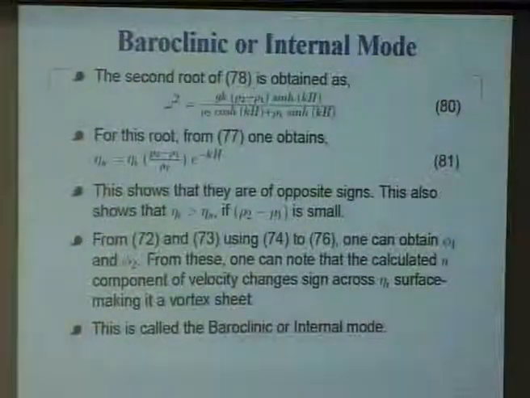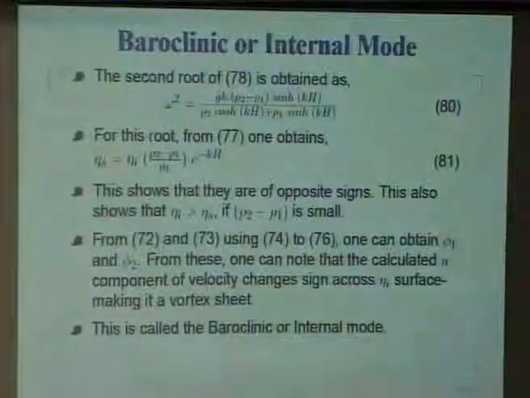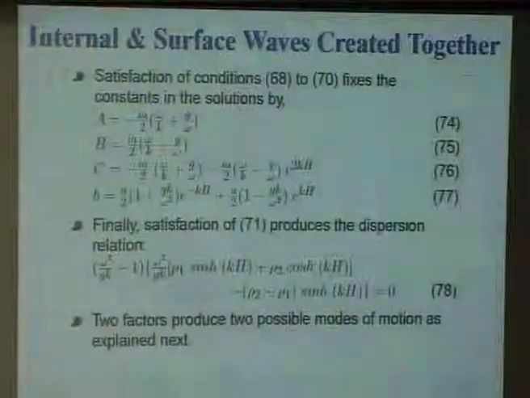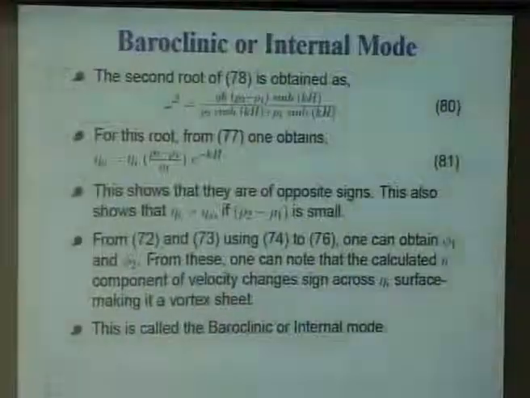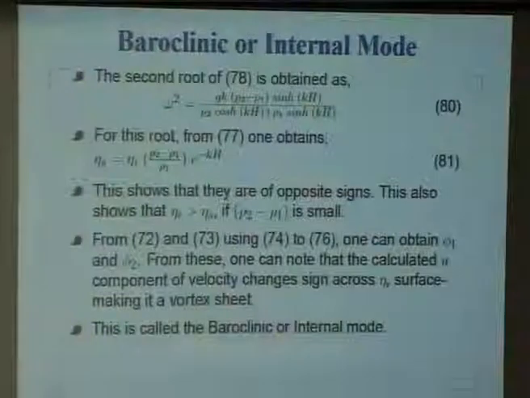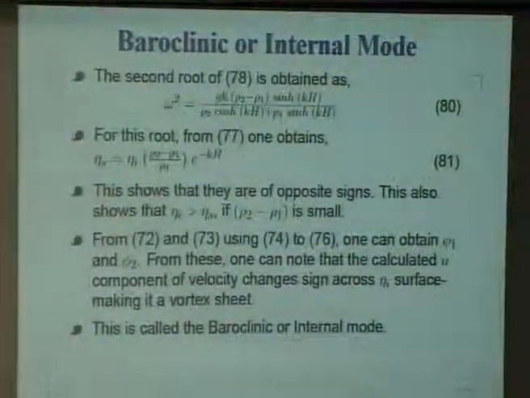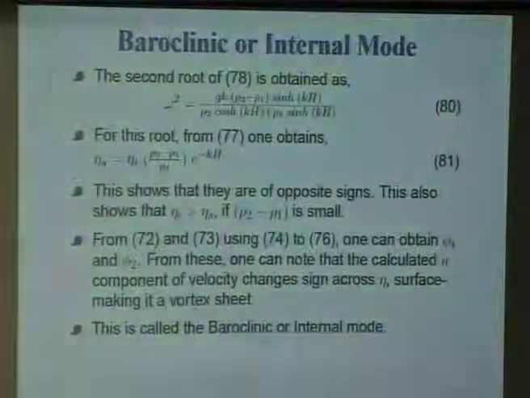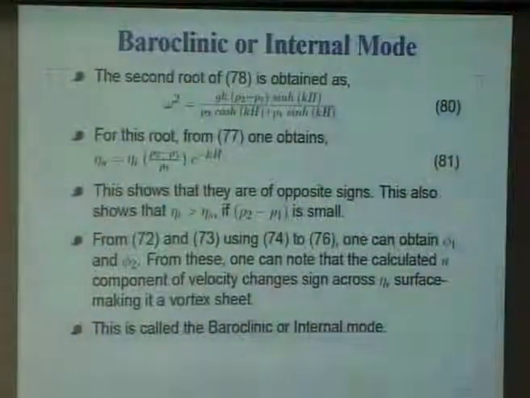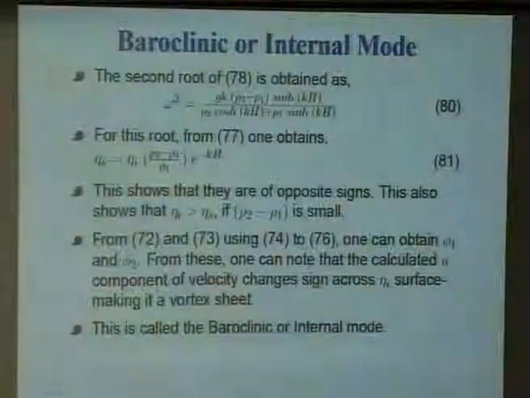Now, look at the second factor in the dispersion relation, that gives you omega square equal to this, and substitute this in that kinematic boundary condition that we had, 77, and that would give us this equation 81, which relates the surface elevation with the internal wave elevation as a function of this factor, rho 2 minus rho 1 by rho 1, and they are of course of opposite sign. Why? Because rho 2 is greater than